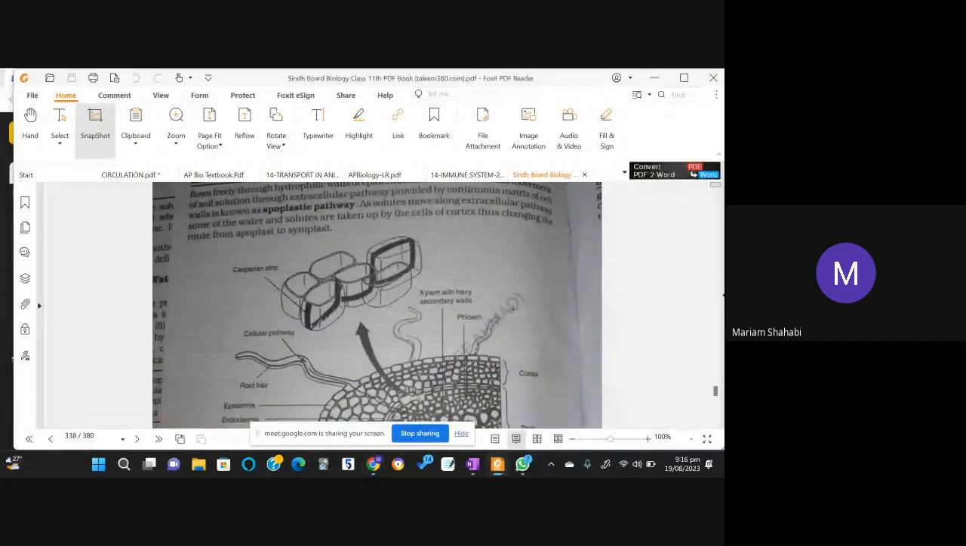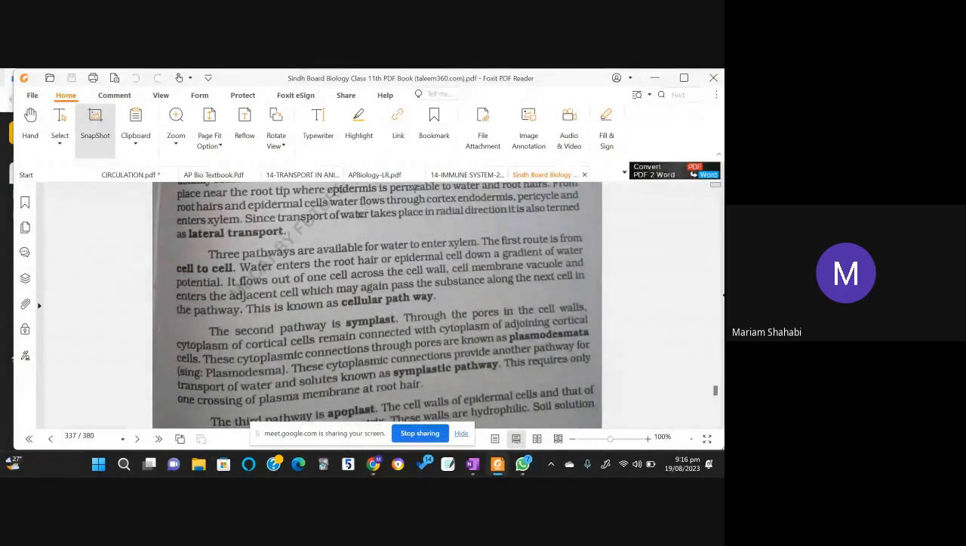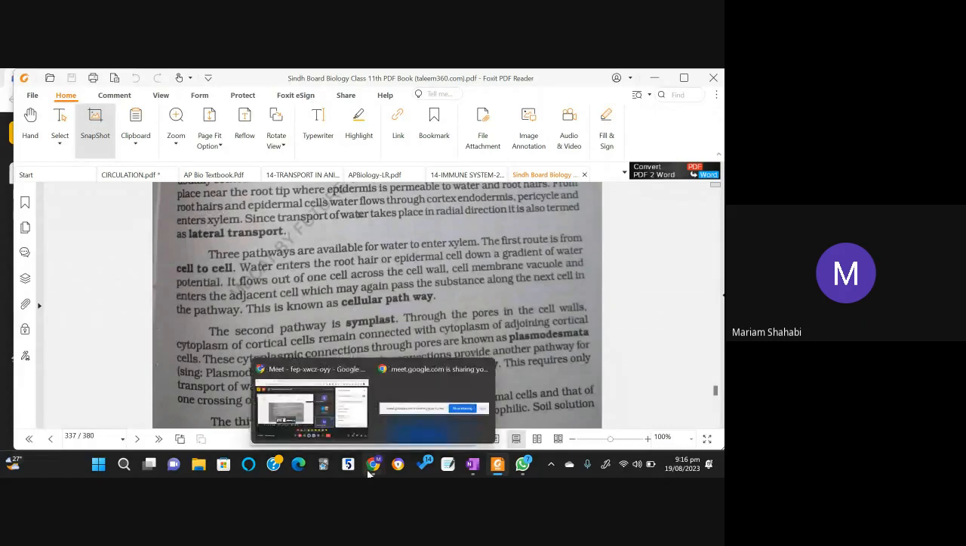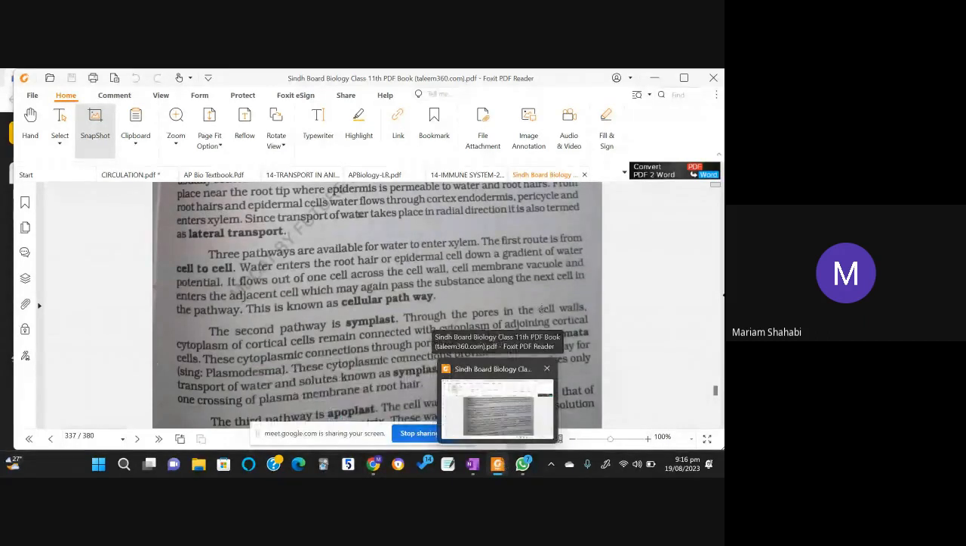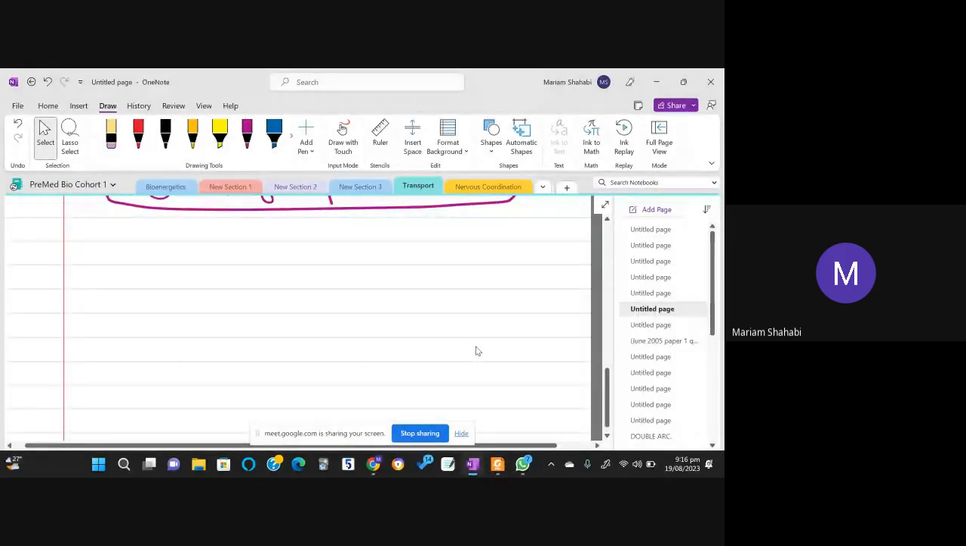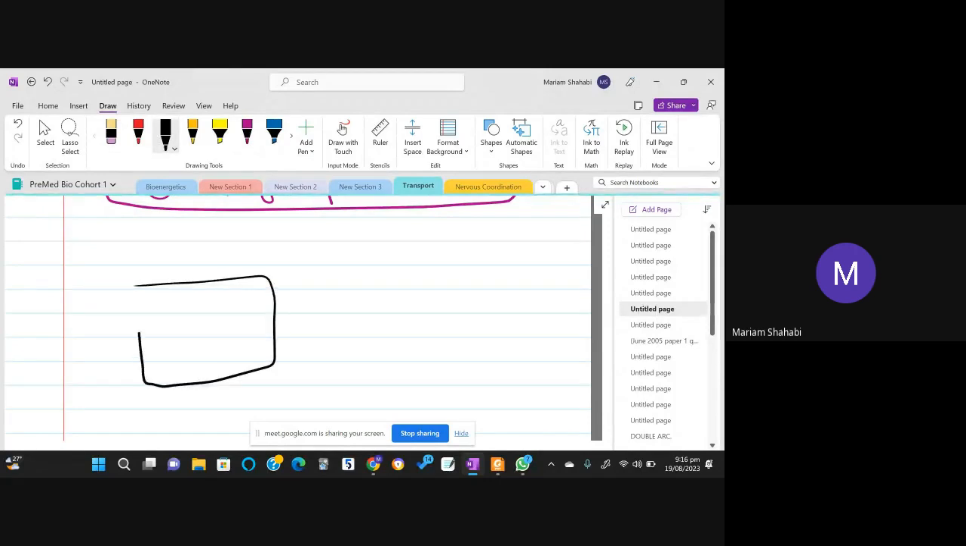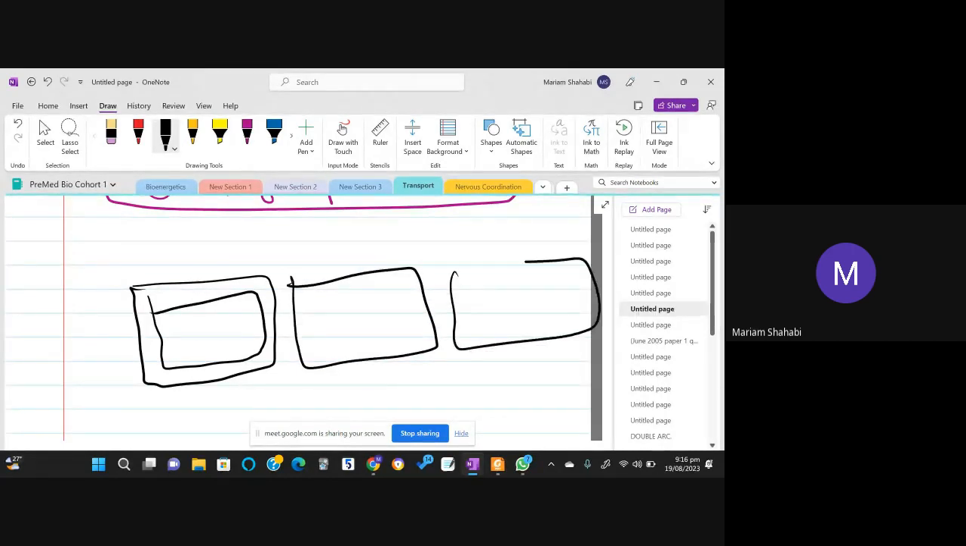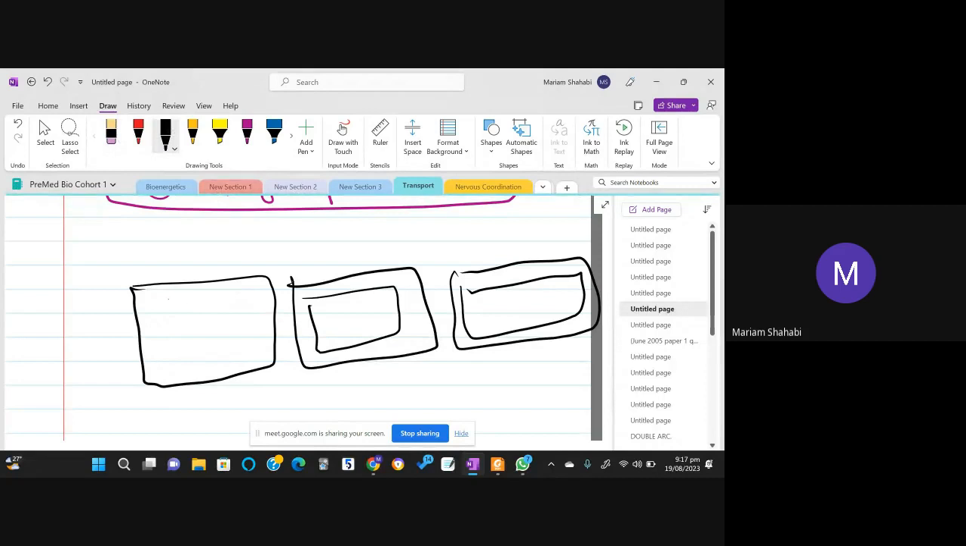ठीक है. So see, what is happening in the symplastic pathway is okay, you have wait a minute. You have one cell then you have another cell, then you have a third cell. They're very close together. अब इनके जो क्या प्रॉब्लम,